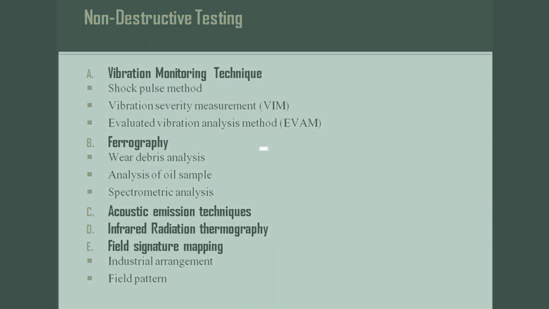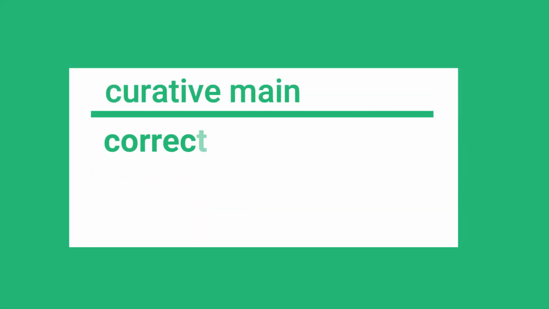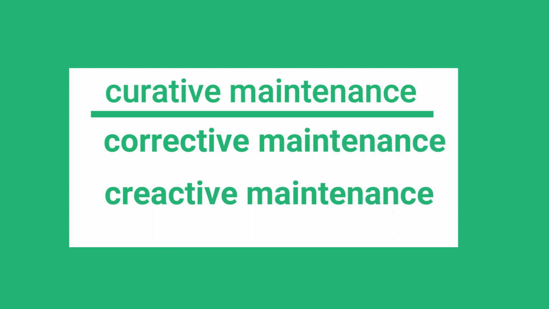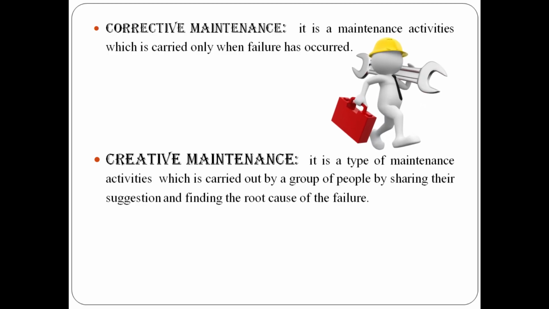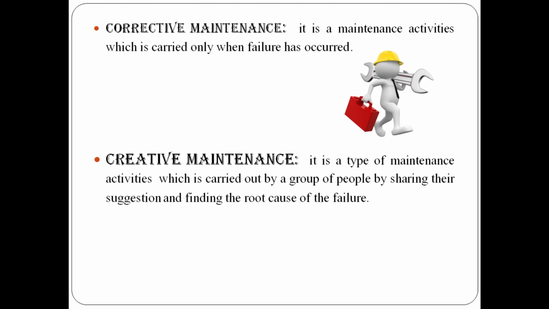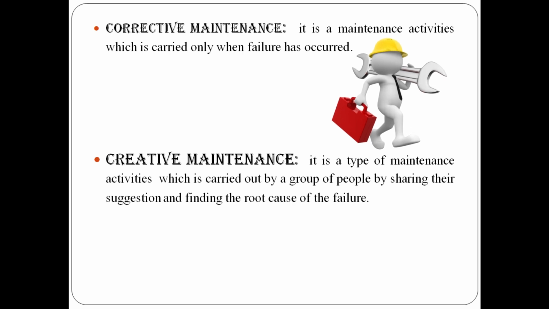Now, let's move to the third part of the video, where we learn the difference between these three maintenance types. We know that unplanned maintenance is implemented only when there is catastrophic failure. Among the different types of unplanned maintenance, corrective maintenance is implemented only when failure has occurred. However, it is different from breakdown maintenance, as the action to be taken for the maintenance activity is well planned, whereas in breakdown maintenance, maintenance activities are planned only when the event has occurred.